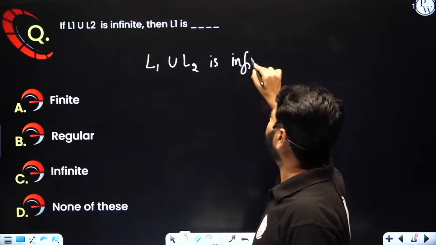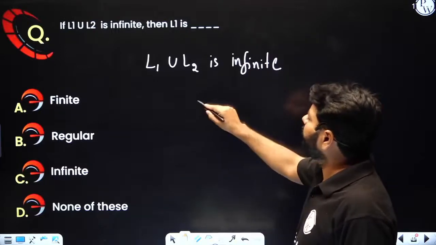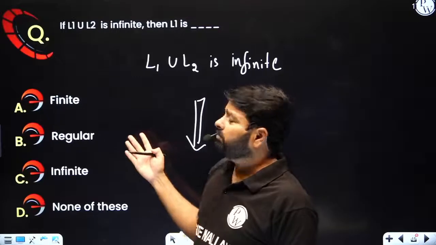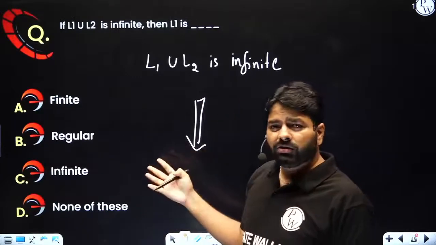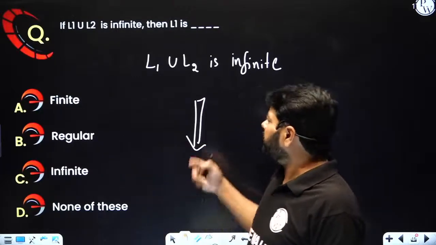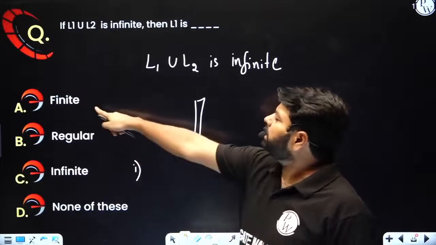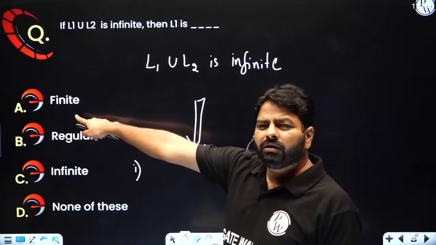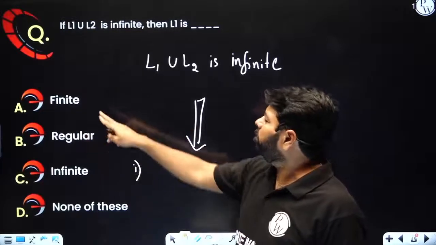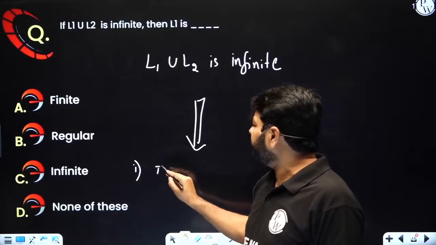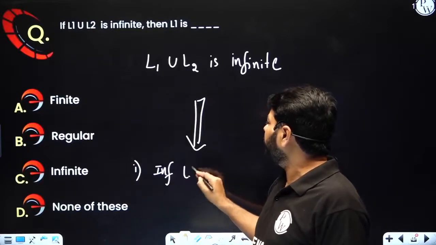This is given to you. With this, can you conclude L1 is infinite, or L1 is finite, or L1 is regular? Let's think about the different cases. First option, I'm trying to fail it because I know that it's not always finite. If you want to fail it, I can take an example where L1 is infinite. If I take infinite union L2,